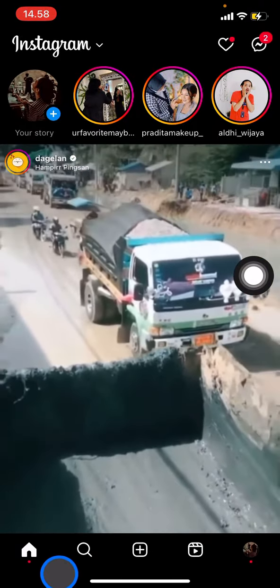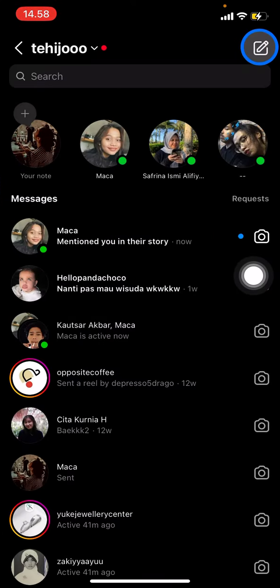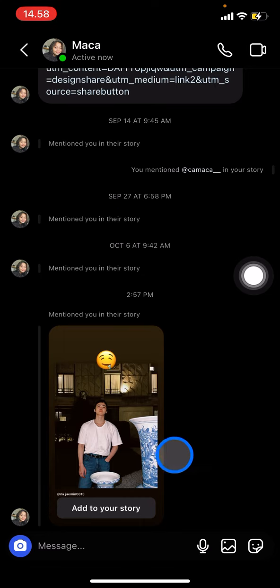To check whether we are tagged in someone else's story, just go to the direct message button on this upper right corner, and after that it will appear on the top that someone mentioned you in their story. You just need to click it, and after that to repost the Instagram story you just need to open